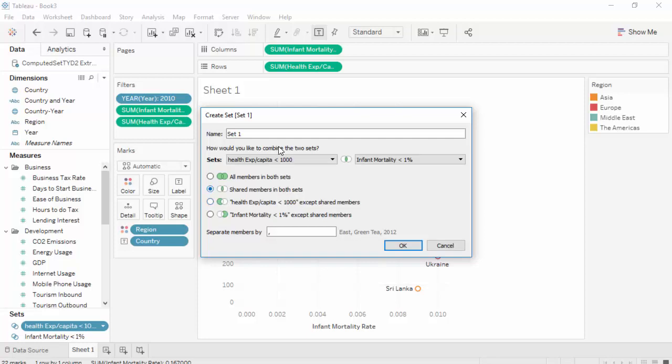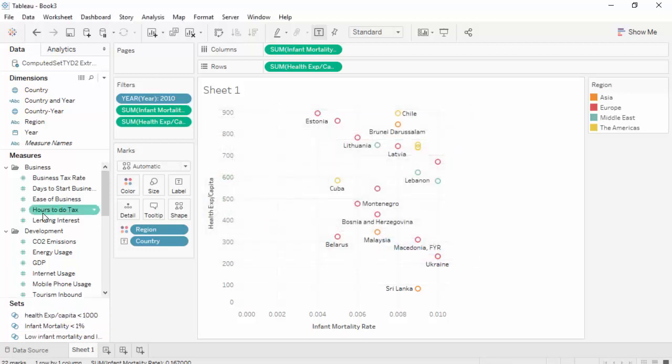So let's name it low infant mortality and low per capita expense. Okay, so now we have created the set, then we can